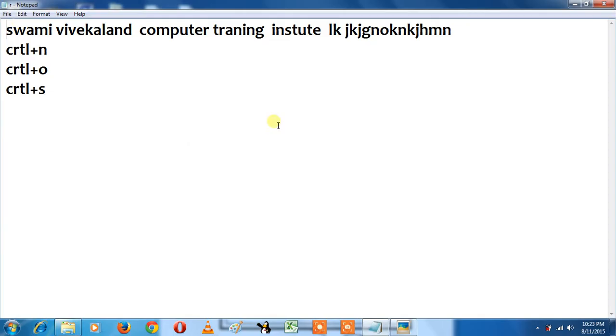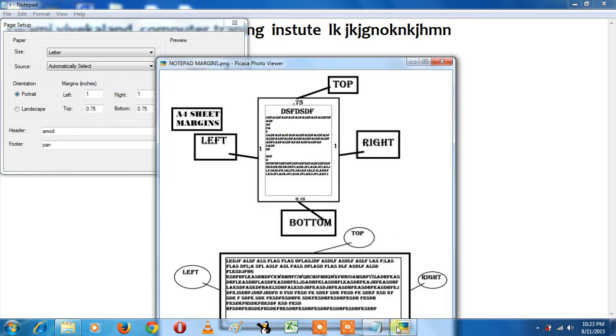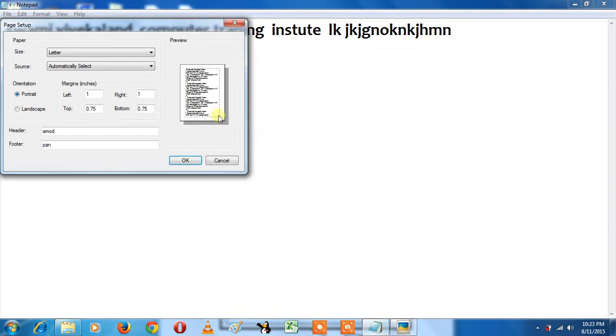And what are the margins? Left and right margin is 1, and here you can also see the top margin is 0.75 and bottom is 0.75. The margin is in inches.